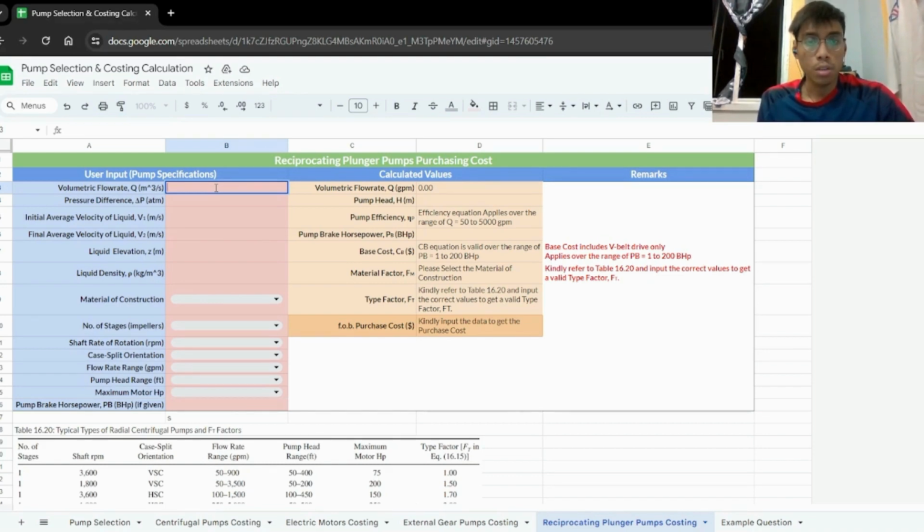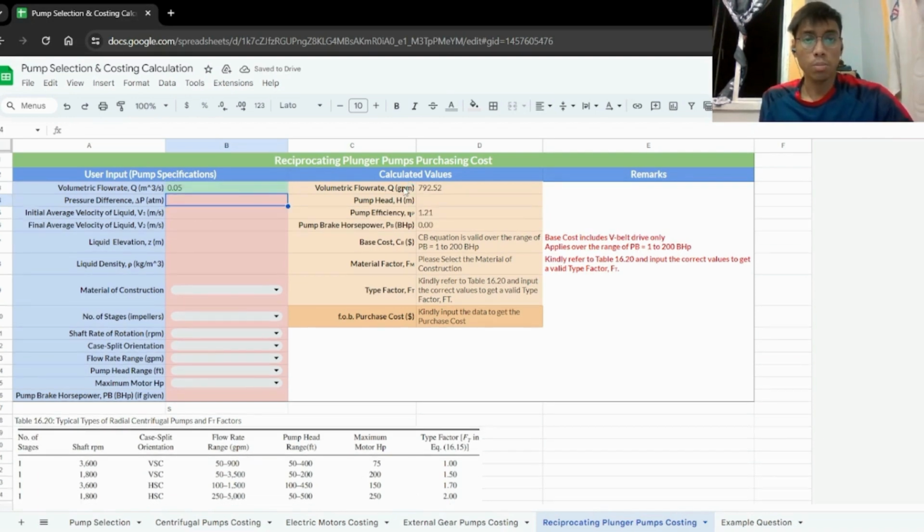So today I will do a demo for how to do a purchasing cost for reciprocating plunger pumps. As you can see, from the left, there is a user input for the pump specifications, and from the right, there's an output that the user will be notified of. So first, the user needs to input the value for volumetric flow rate in meter cube per second. If we choose the volumetric flow rate value as 0.05, it will give the output value of the volumetric flow rate in gallon per minute, which is